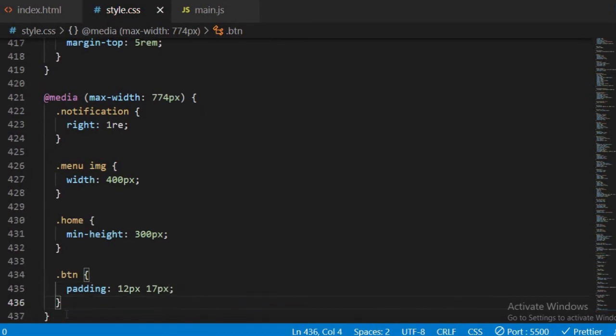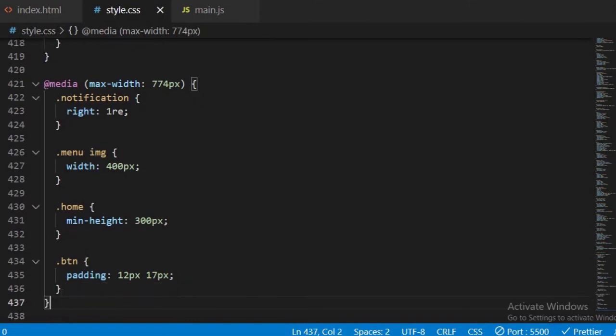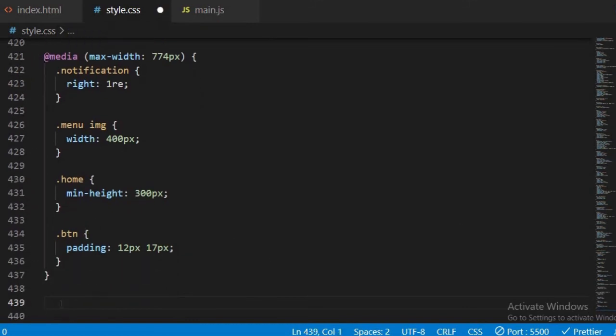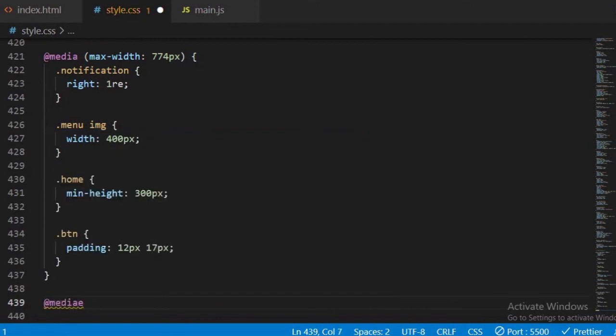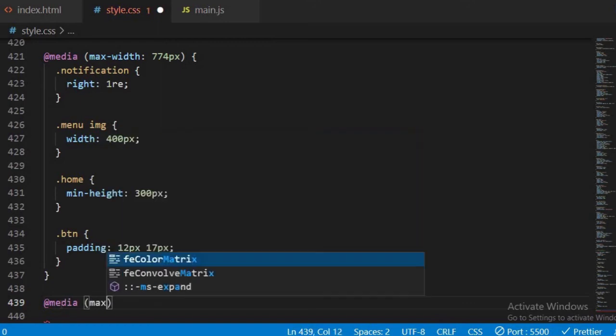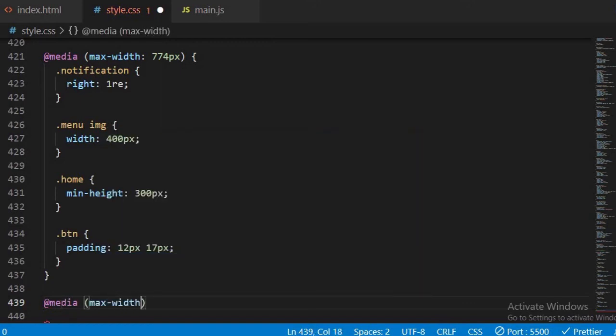Okay, so now let's add a media query for smaller devices. Media max width of 550 pixels,